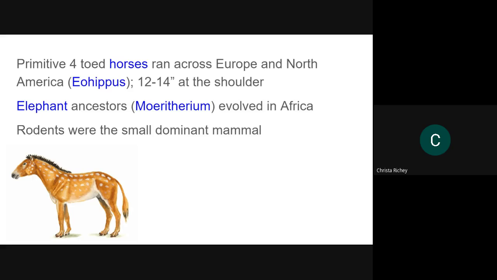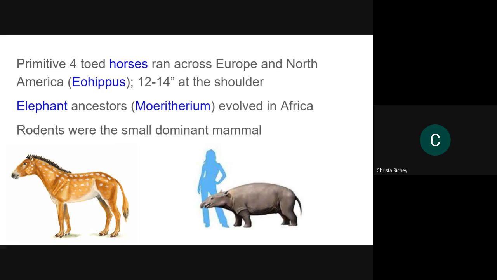It's hard to see. This is actually not an Eohippus. This is a Mesohippus. It has 3 toes, not 4 toes. That's the second one in the evolution of the horse, and it was larger. This is what the first of the elephants looked like. Almost more like a hippo. It's truly more like a rhino, and it didn't have a long trunk yet. That came later. And they were smaller. They were about this tall. But of course, it's an artist's rendition. I guess I could have put the skeletons up here, but